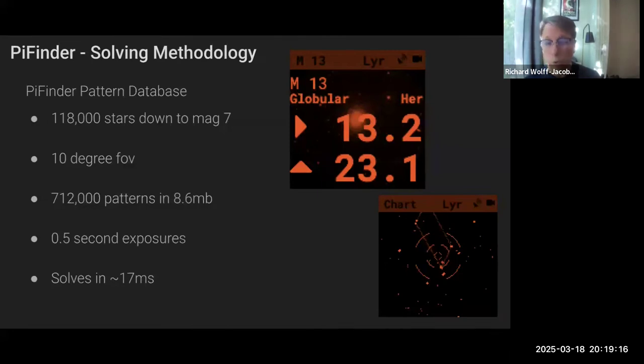It can actually use 0.05 second exposures, so it can expose 20 times a second. That generally gets it down to magnitude 7 under reasonably dark skies, and it can feed that through the centroiding, the pattern generation and pattern matching in about 17 milliseconds. So it can do, from soup to nuts, taking an exposure, solving it, and generating a high confidence estimate of where that is in the sky, all